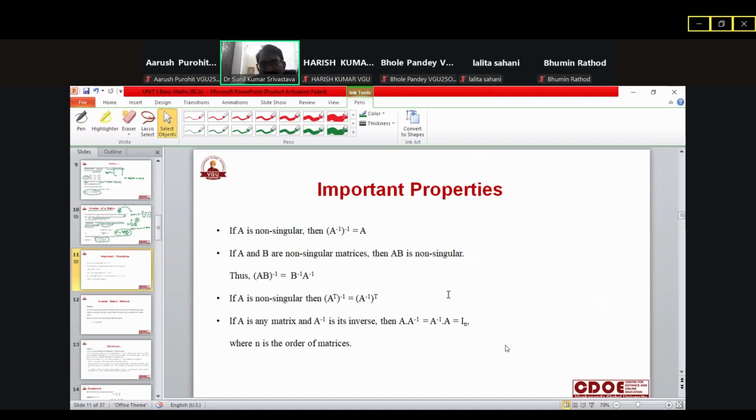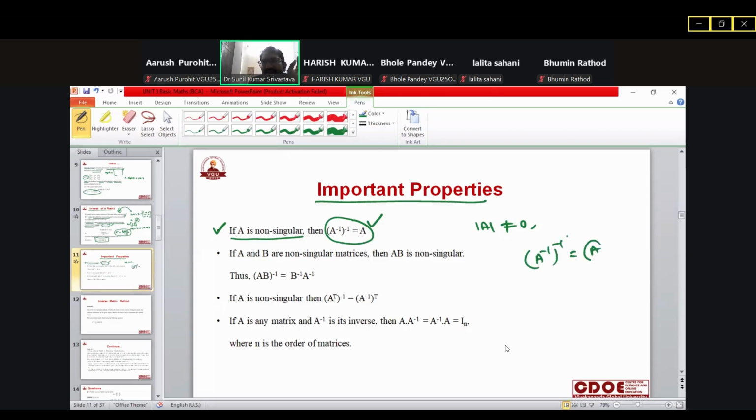Now we have some important properties here. So there are some important properties we have to discuss here. First property है, if A is non-singular. Non-singular means determinant value is not equal to 0. So if A is a non-singular matrix, the inverse of the inverse is equal to the given matrix. अगर किसी मैट्रिक्स का इनवर्स निकाले और फिर उसका इनवर्स निकाले तो वही मैट्रिक्स हमें मिल जाता है। That is the most important. These properties के बेसिस पे क्वेश्चन भी आता है एग्जाम में आपके।